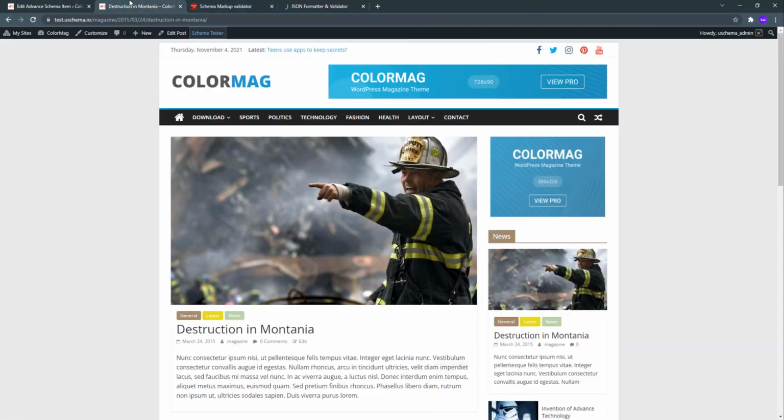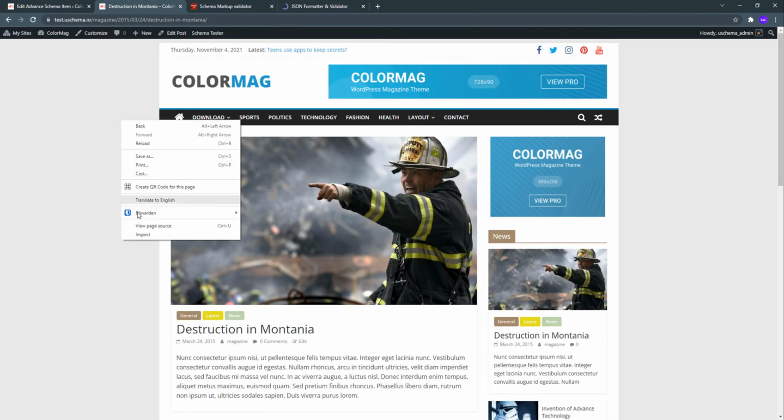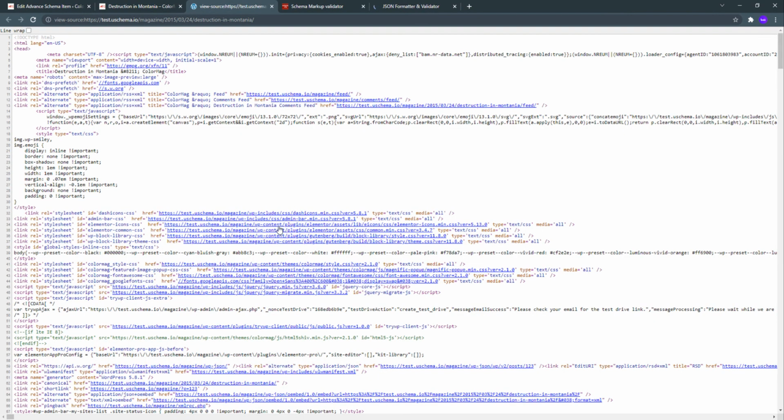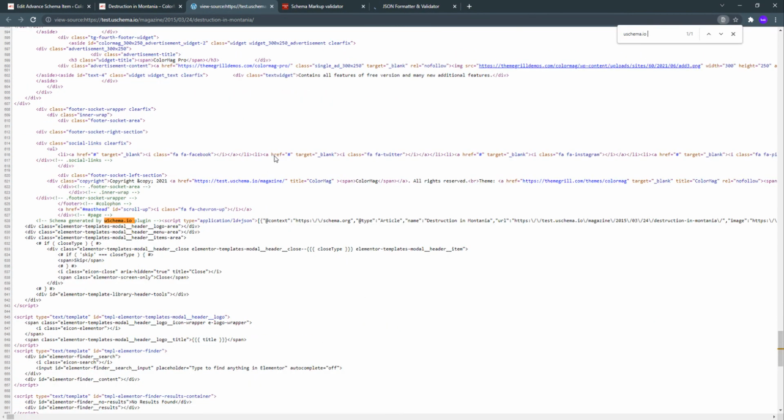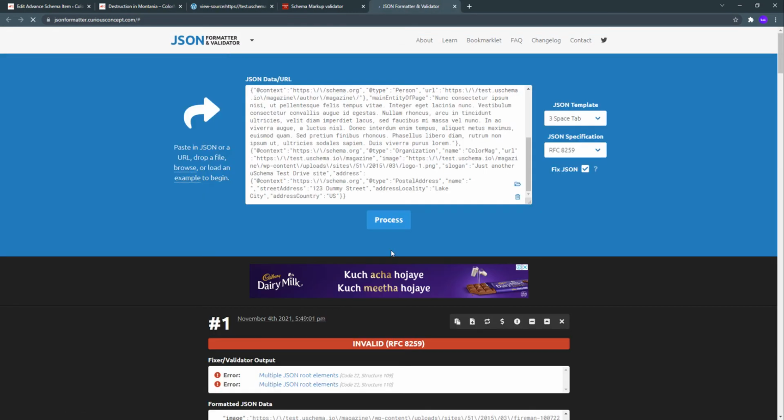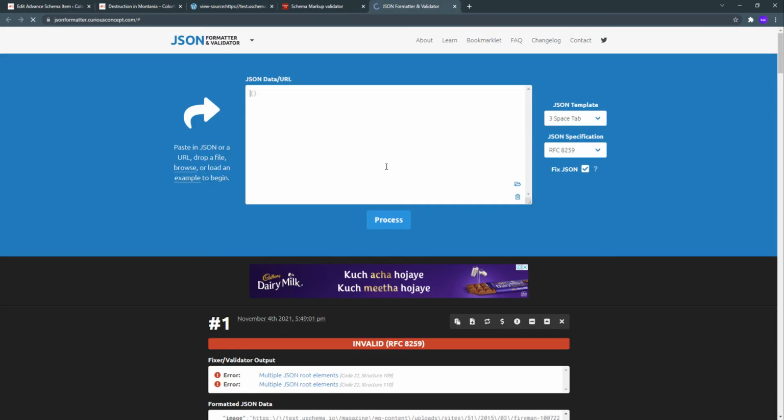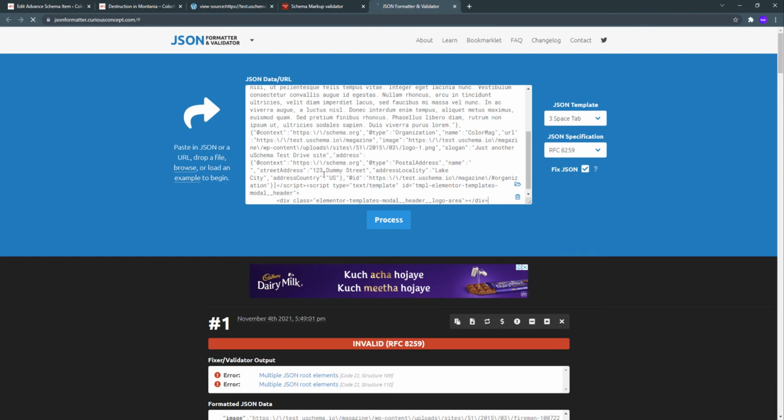In this scenario, if I refresh the page once again and check the page source, and go once again to use schema.io, let's see where we have the JSON. I'm copying it again, and going to the JSON formatter once again, removing everything we have there, and putting the recent information here.